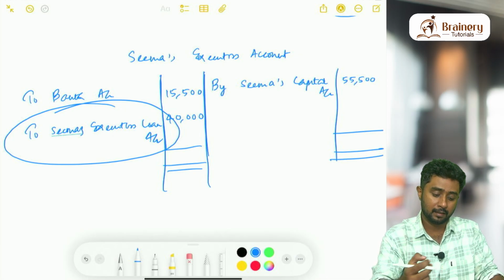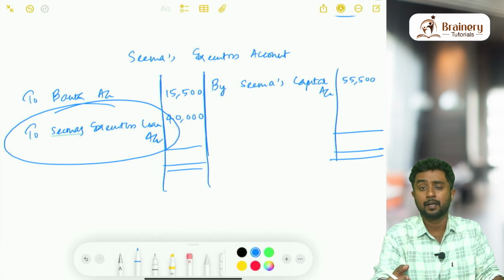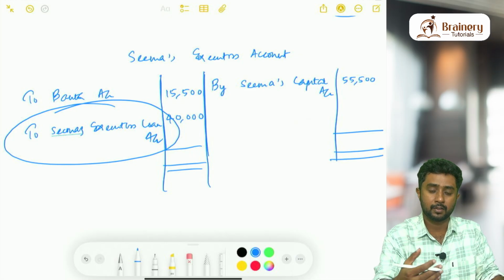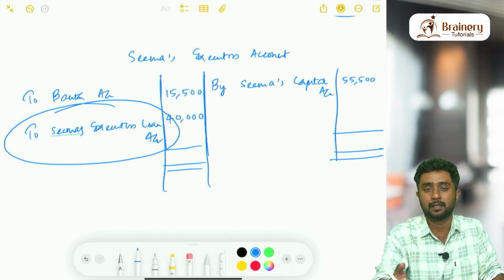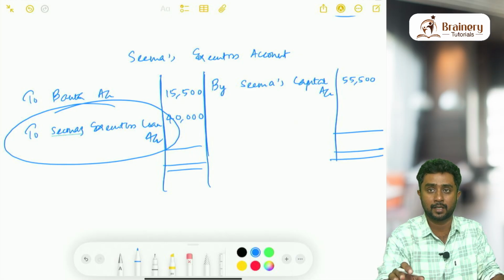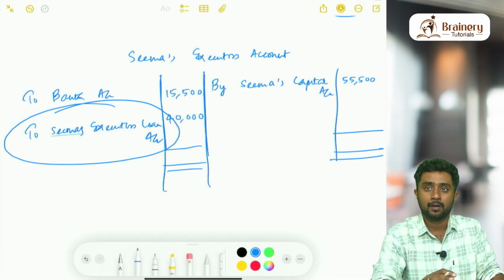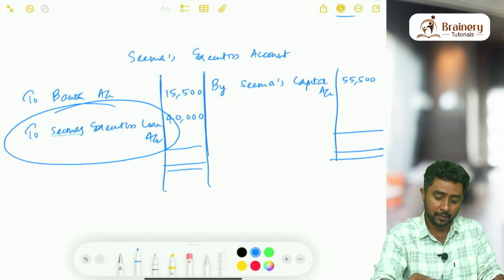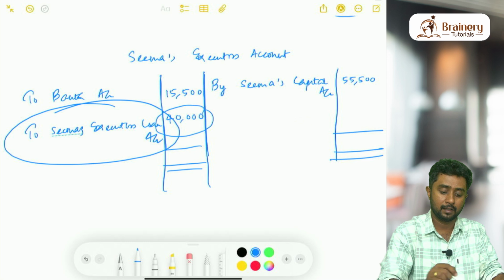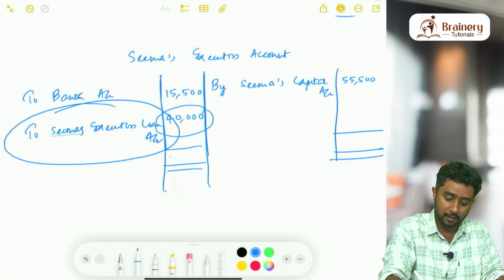We will be recording the interest payment entry, installment entry and all. But nothing is mentioned in the question as to the payment of this 40,000, how many installments is not mentioned in the question. That is why we are recording this balance as CMAS Executors Loan Account,